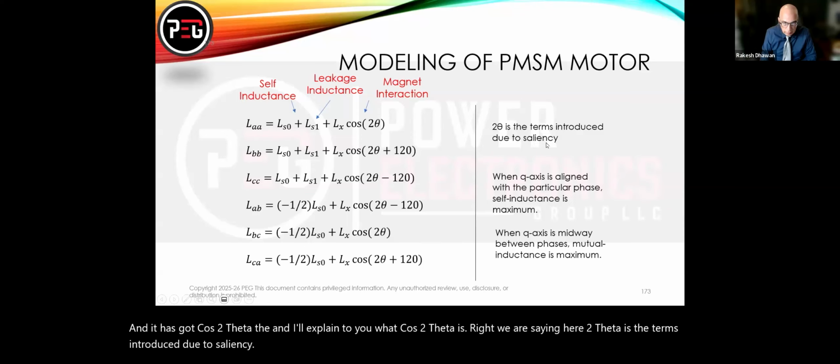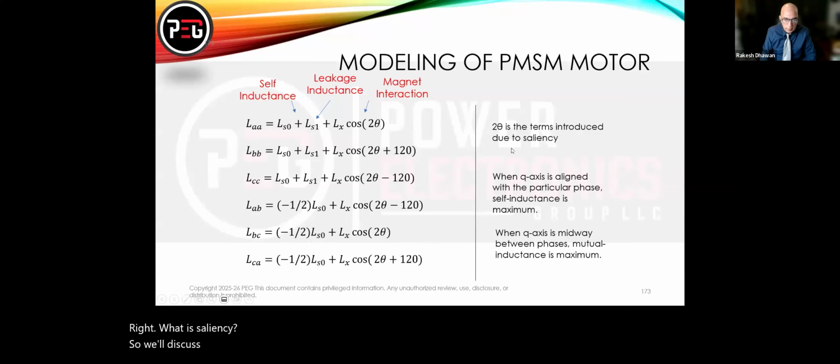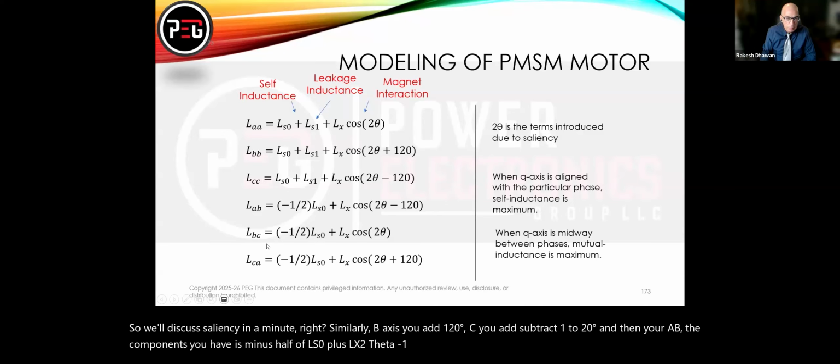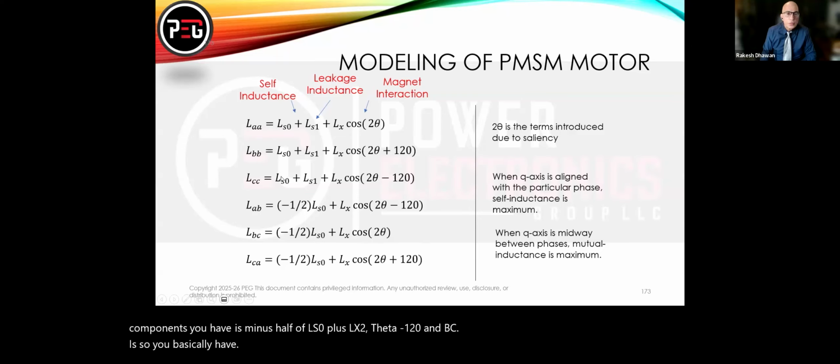What is saliency? We'll discuss saliency in a minute. Similarly, for the B axis you add 120 degrees, for C you subtract 120 degrees. Then for AB, all the components you have are minus half of LS0 plus LX 2 theta minus 120. And BC is, so if you compare with, say, inductance, you have a mutual